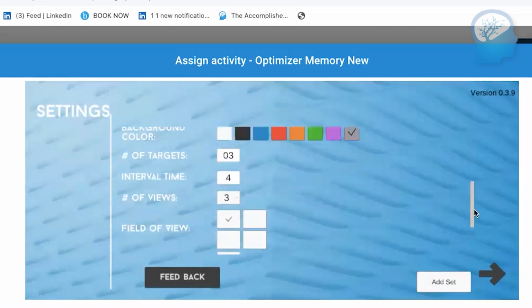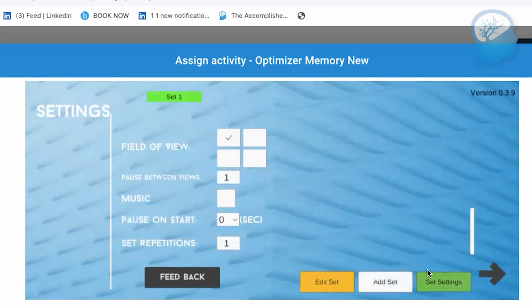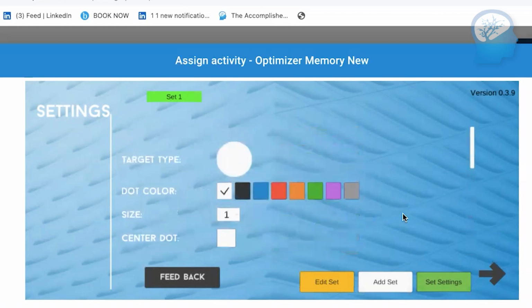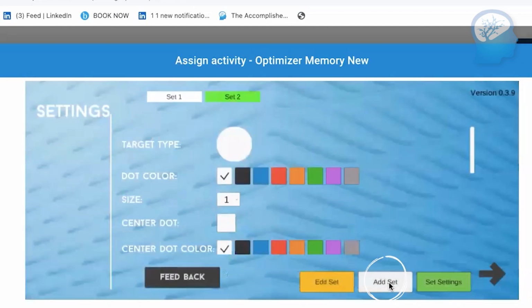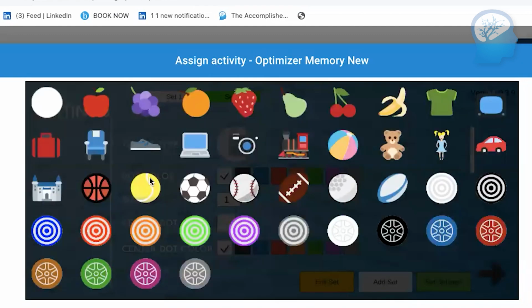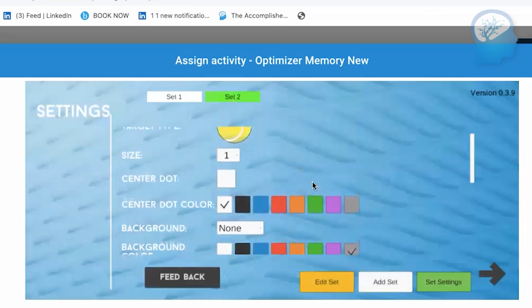Okay, and then like in the other optimizers, we can have more than one set. So we can have more in each set. You can have different settings. So again, in set 1, just say you want to keep the settings. You're okay. You hit yellow to save the set, then white to add another set. Say in the second set, we just want to change the